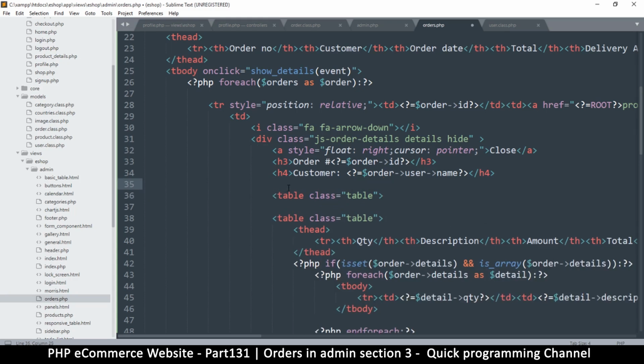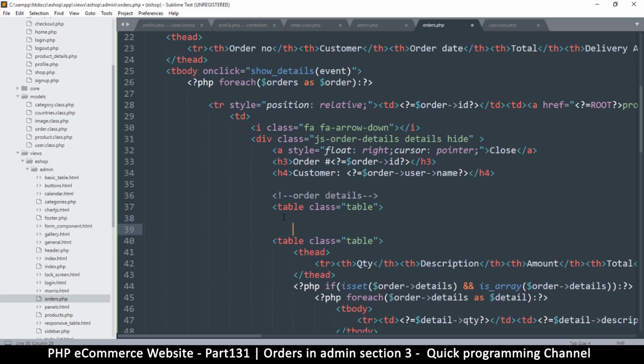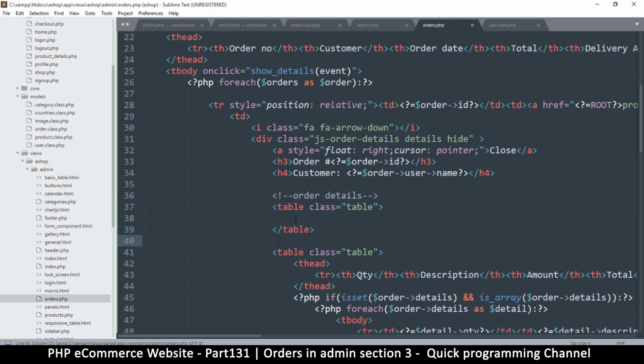So you can put comments in here like this and say order details, like that, just so you know what's what. And yeah, something like that. Maybe you can put it there. You can figure it out, whatever is more convenient for you. So here,